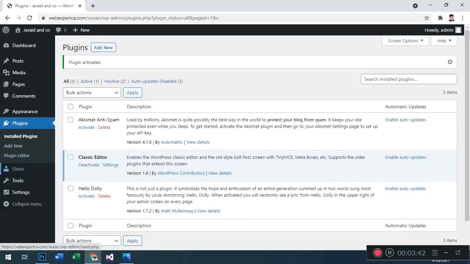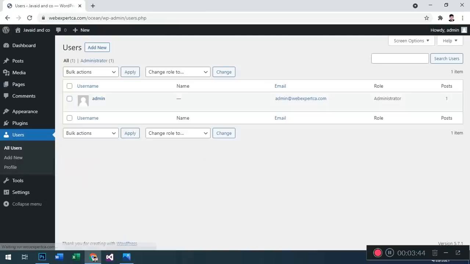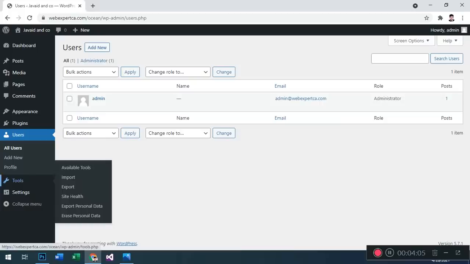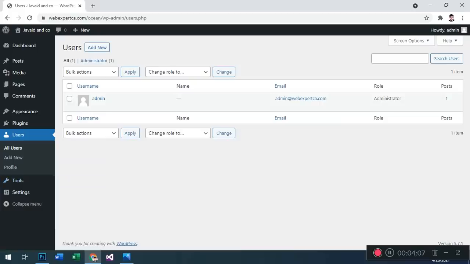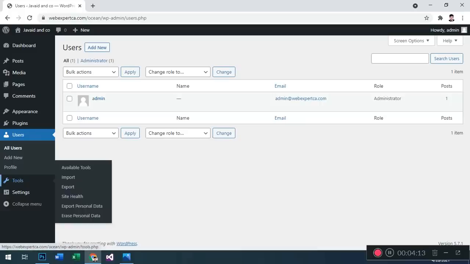After this you can add some users here. In this section you can add or edit the admin name, password and other settings. This is a major introduction to WordPress. After this we will start our OceanWP, because you must know how to use WordPress first. After this, some tools are available: import, export, site health, export personal data, erase personal data.